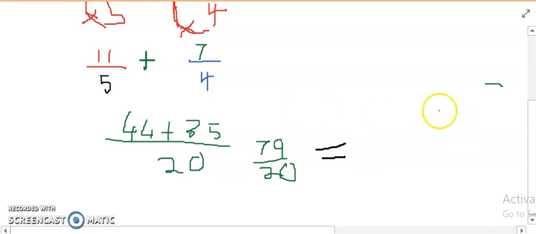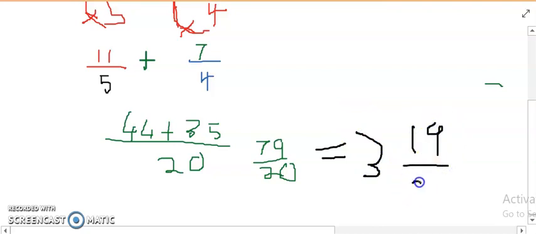Let's think. Now, there are many ways to find this, but the way I like to do it is like this. 20 times 1 gives us 20. 20 times 2, that's 40. 20 times 3, that's 60. We're close. 20 times 4, that's 80. So if 20 times 3 is 60, we are just 19 steps away from getting to 79. So therefore our answer is 3 whole number 19